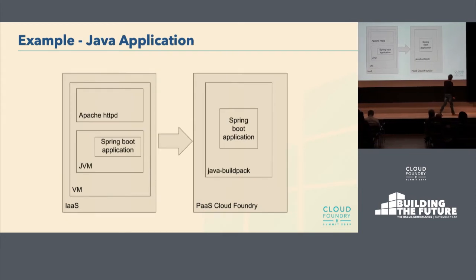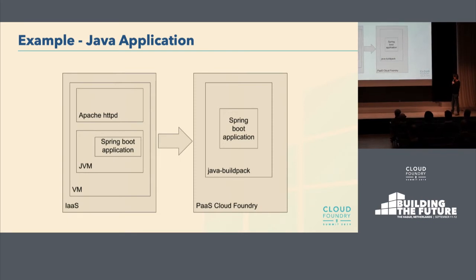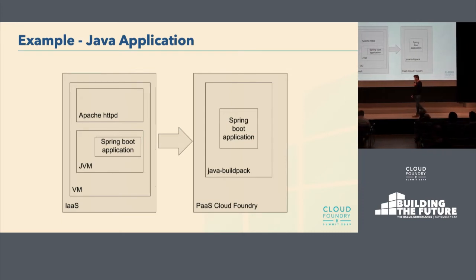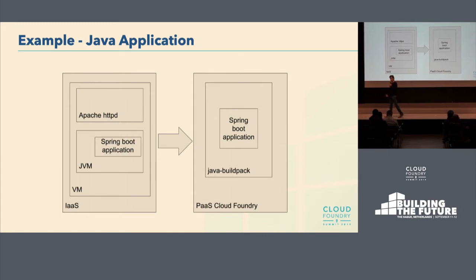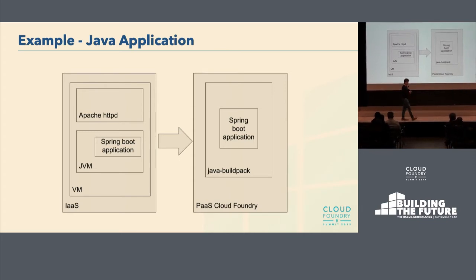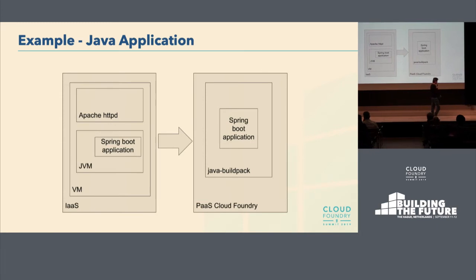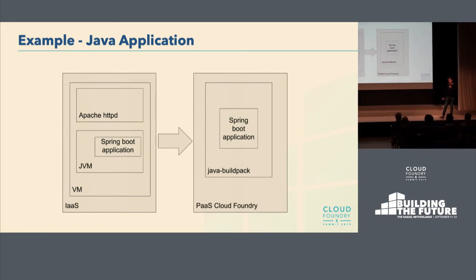Awesome. The next example is a Java application. Our API is written with Spring Boot, and this is important. If you are using a framework for your applications which is already cloud native or cloud aware, it will be significantly easier for you to do the changes that we were talking about. Spring Boot supports things like configuration you can load from anywhere you want with very little effort. So for us, migrating this application was very simple because we were already on the correct framework.